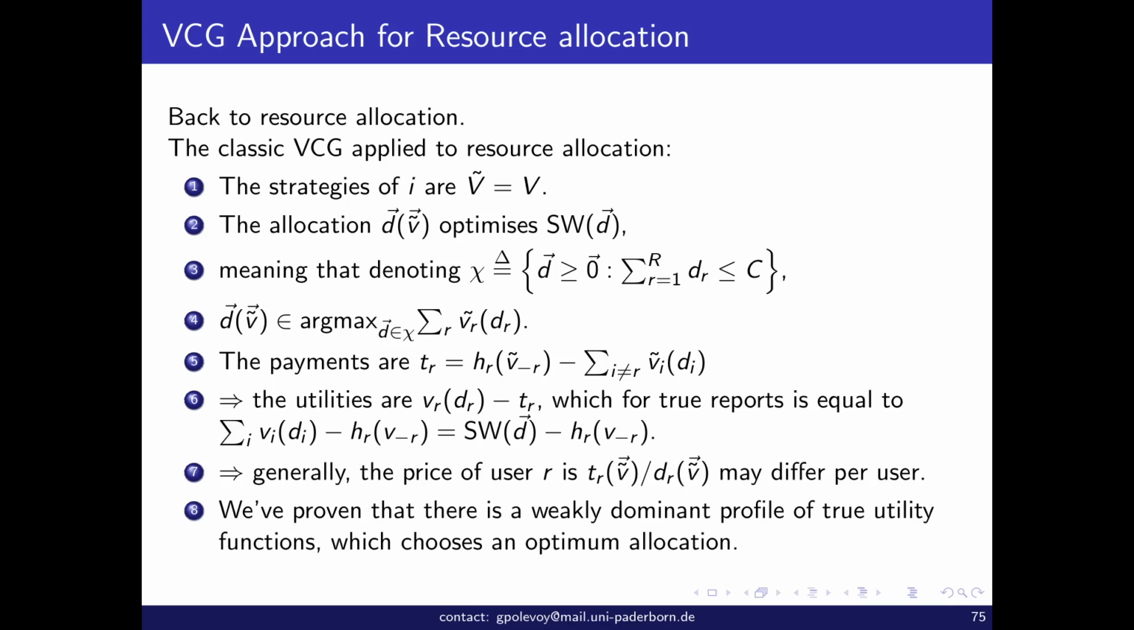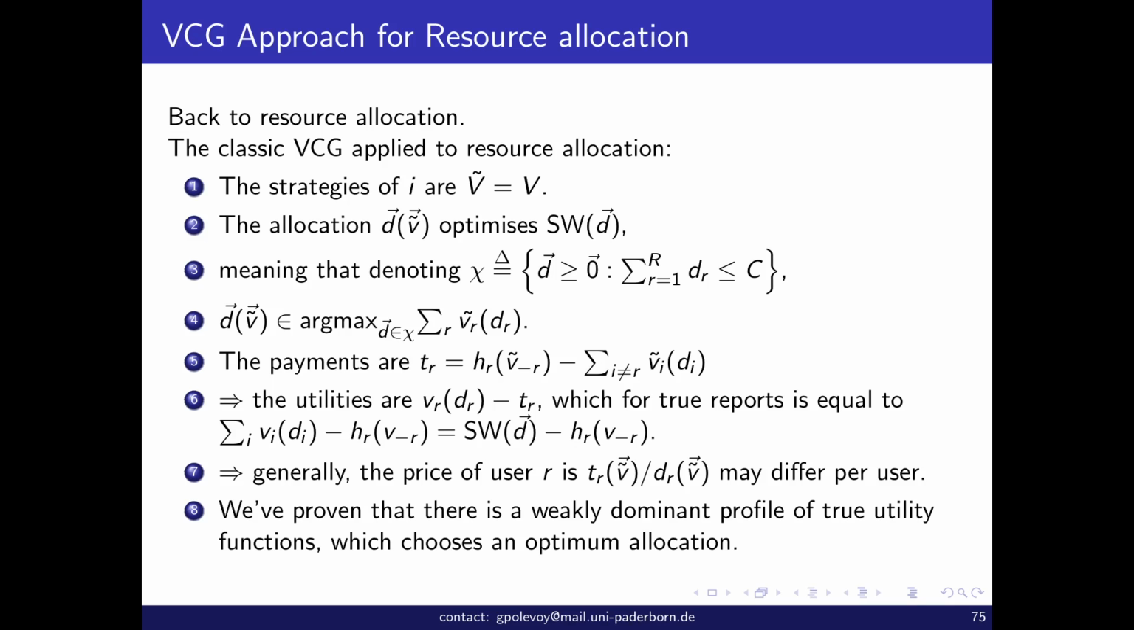So the classic VCG, which is general and is applicable to any mechanism where you choose one of the options, and so on and so forth, and you may charge prices. If we apply the classic VCG to resource allocation, then what would we get? Then the strategies of player I would be simply all the value functions. You need to supply to the VCG exactly your whole value function,